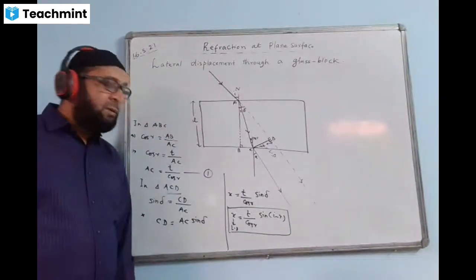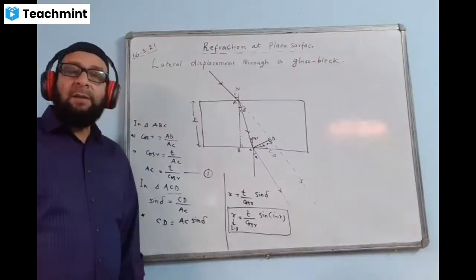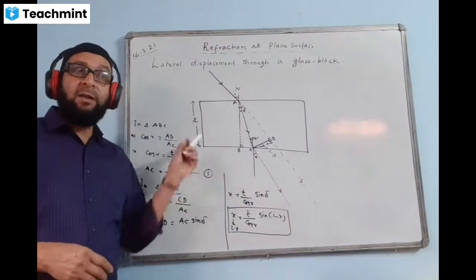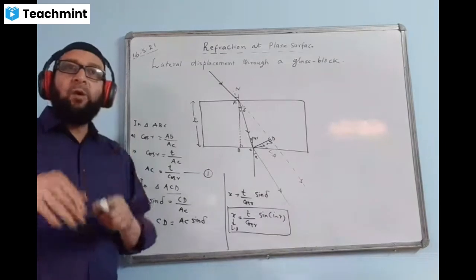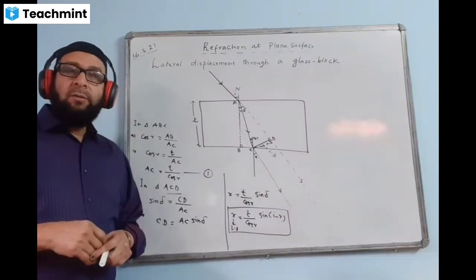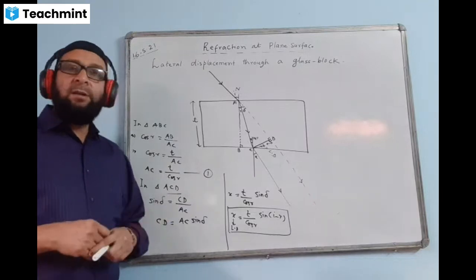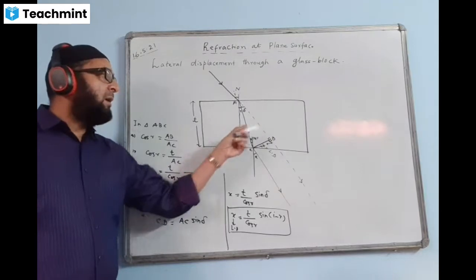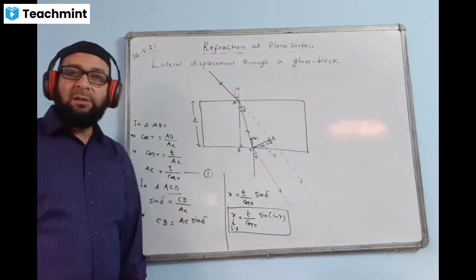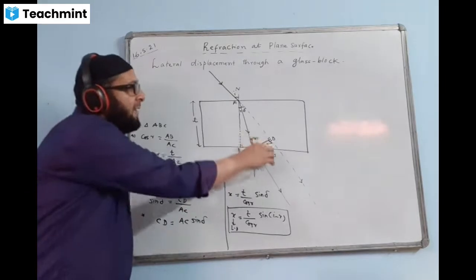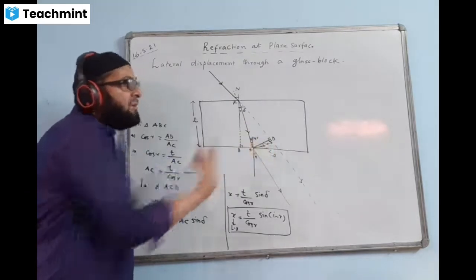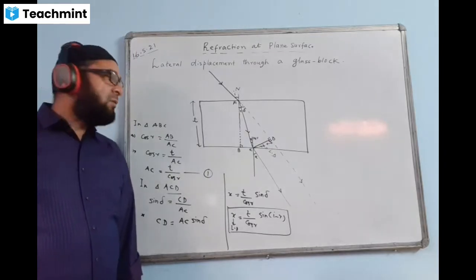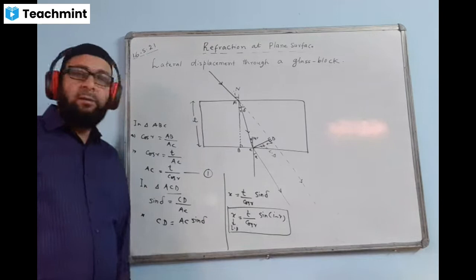And when it depends on the refractive index, it will depend on the color of the light also. Which color has got maximum refractive index? Violet. Yesterday we had done that. Mu V is bigger than mu R. So violet will have the maximum lateral displacement and red will have the minimum, because we know the fact that violet deviates the most and red light deviates the least. So from the red, the distance will be minimum. From the violet, the distance will be maximum. So it depends even on the color of the light. So this is only an idea about it, and this is the formula of doing it.